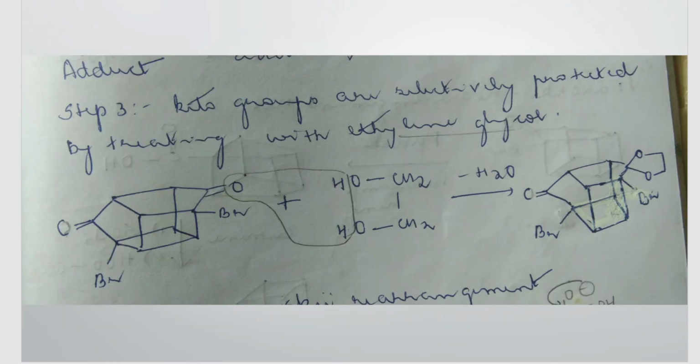So in the next step, that is step number 3, what we're doing is protecting one of the keto groups. Okay, so we want only one ketone group to undergo a reaction. So what we're doing to the other keto group is protecting it. Now in organic chemistry, I'm sure you have come across this term called protecting groups. Okay, what is a protecting group? So if you have a functional group, say in this case it is a keto group, and you do not want it to undergo an organic reaction, but when you're doing a certain reaction, obviously some functional groups will react, correct? But you don't want this to react under that condition.